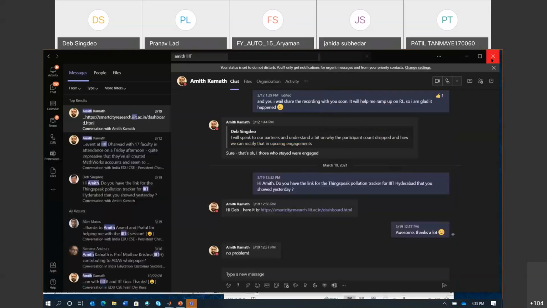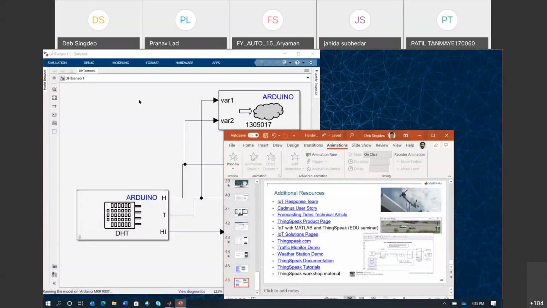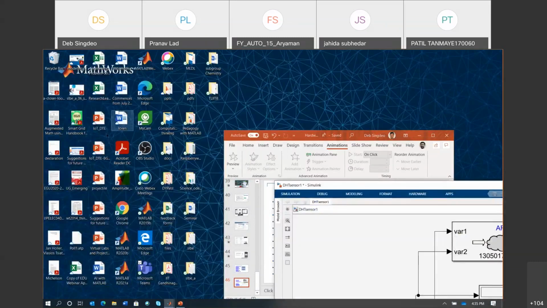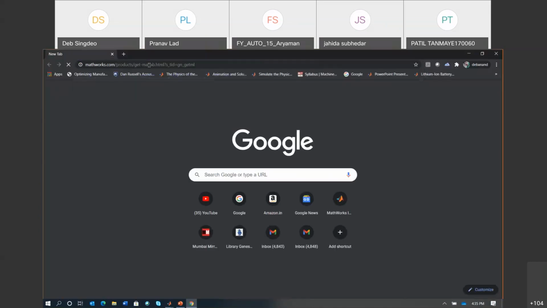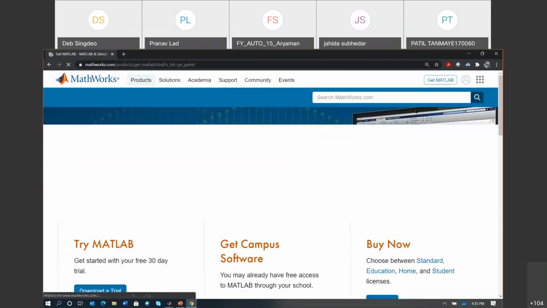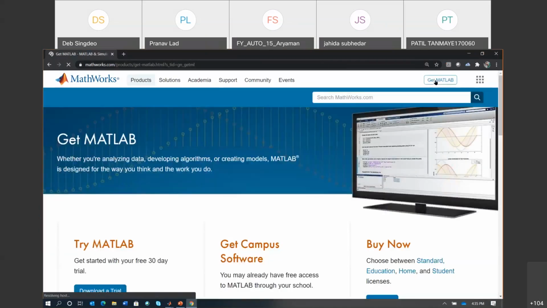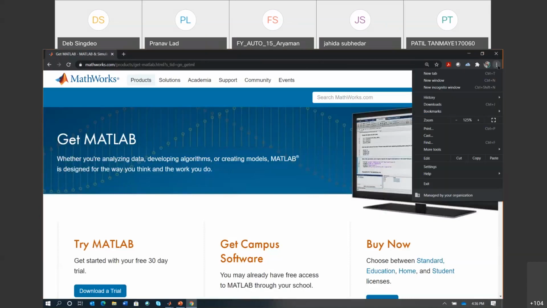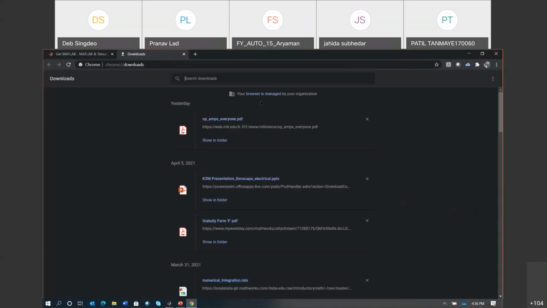So I have lots of windows here. I will just open up Chrome once and try to do it from there. I have actually downloaded the installer.